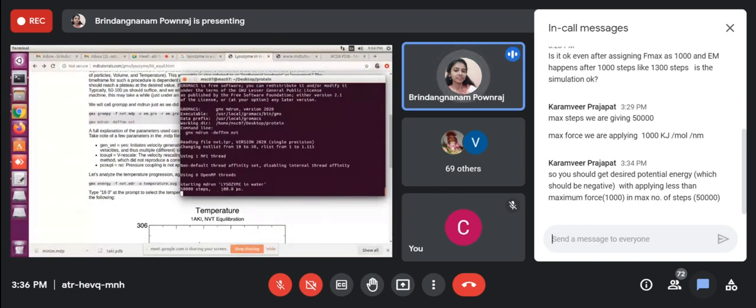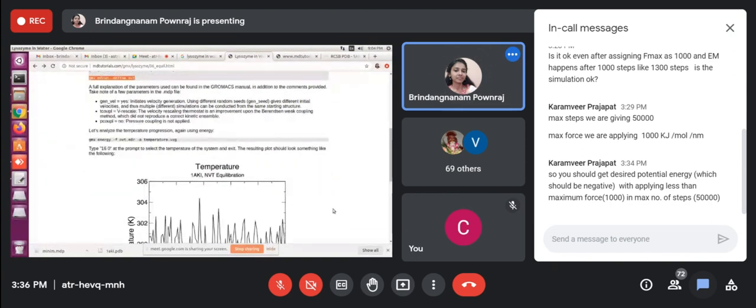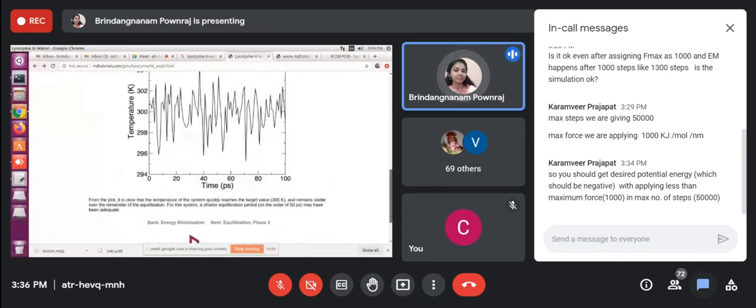I'm running for only 100 picoseconds. It will take hardly 10 minutes, or 7 to 10 minutes. In the same way, we are going to run phase 2 also, and then finally MD production.